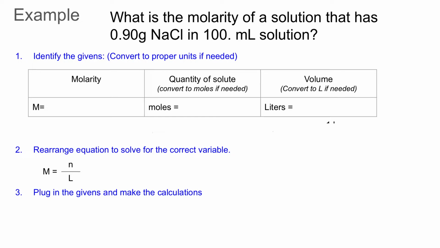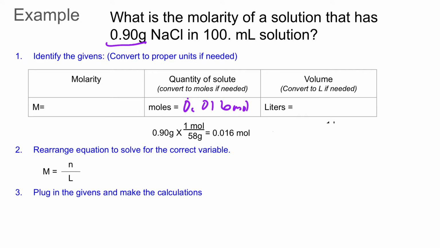a 100 milliliter solution? So step 1 was identify the givens, and convert to proper units if necessary. In this one, we do need to convert because it gave us the solid mass of our solute in grams. So we need to convert that using the molar mass of NaCl. My number of moles of NaCl is 0.90 grams times 1 mole divided by 58 grams,